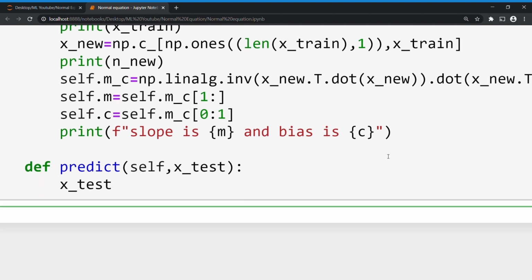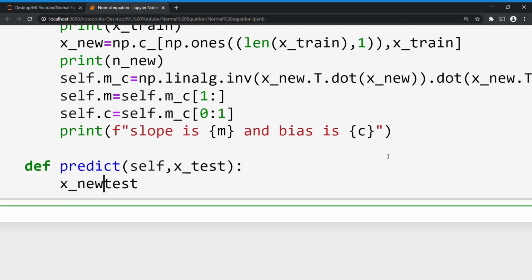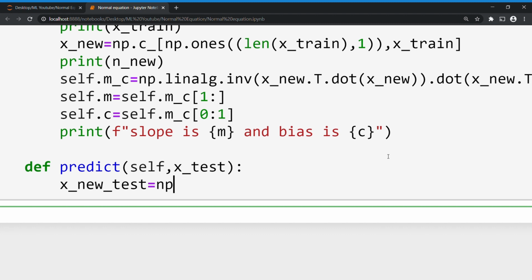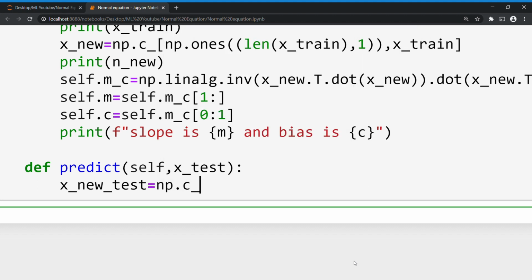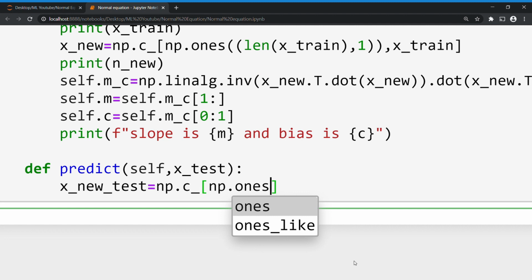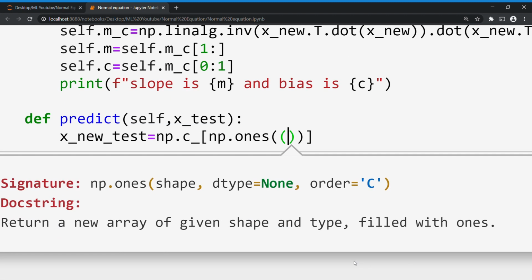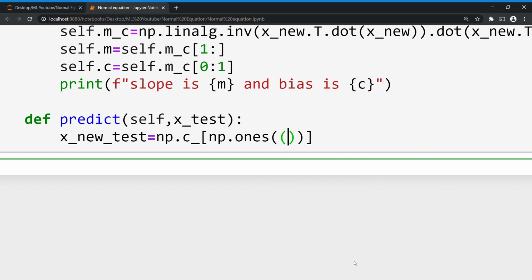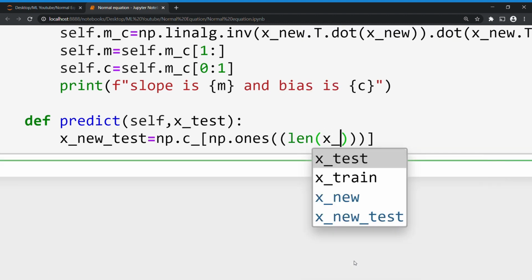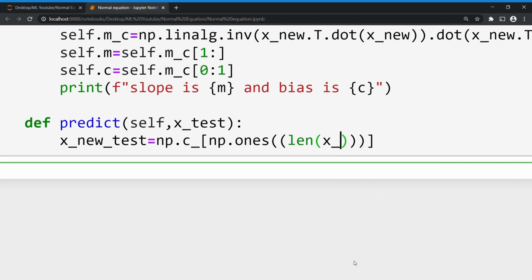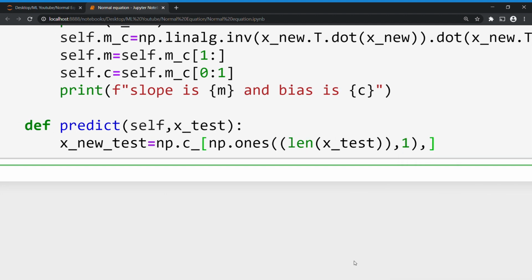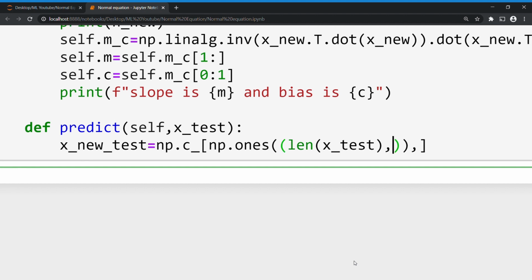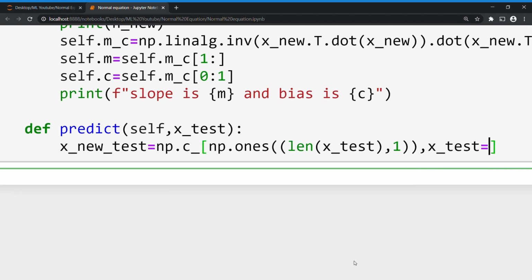For x test, I'm creating a new variable called x new test equal to np dot concatenate, np dot ones, open brackets, length of x test, comma 1, sorry, not here, inside, comma 1 comma x test.